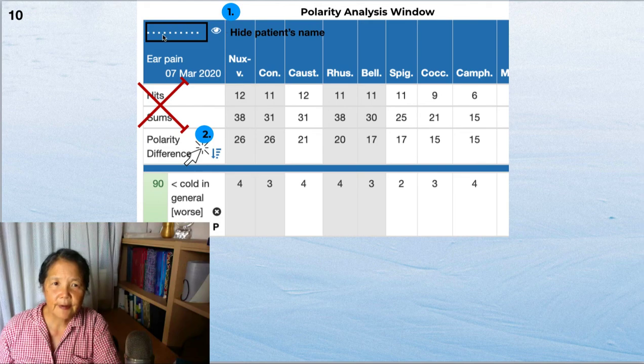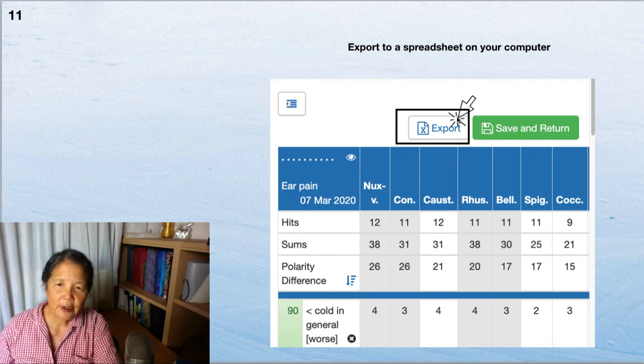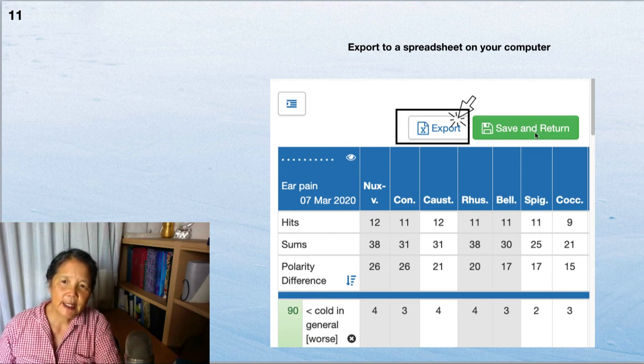Here you can see I've hidden the patient's name, and you can do that if you're doing a video like I'm doing right now. And once you've got the case taken, you'll want to export it to a spreadsheet on your computer, and also you want to save and return. So this exporting